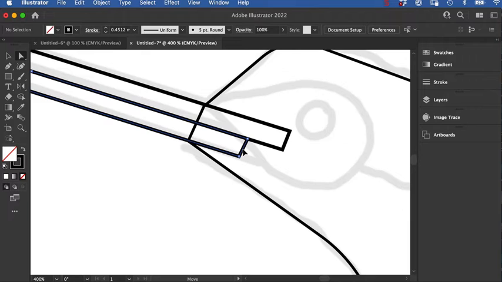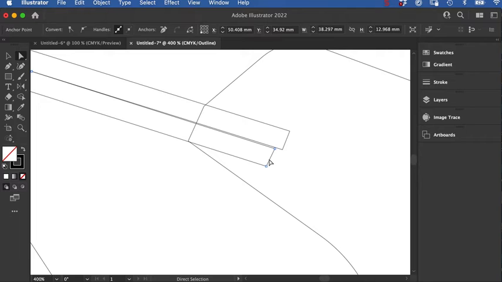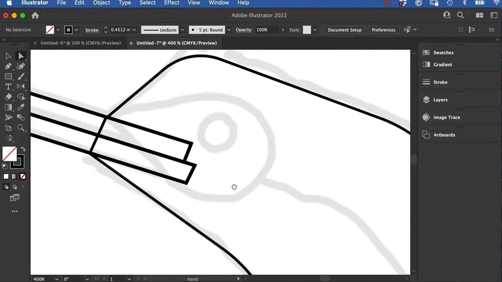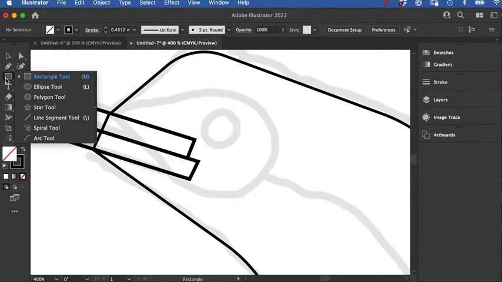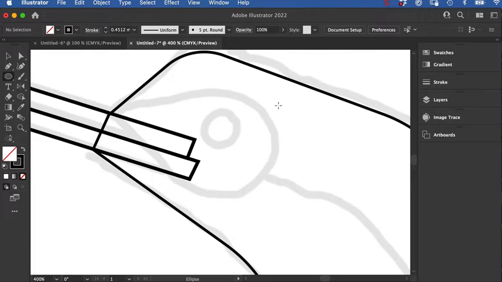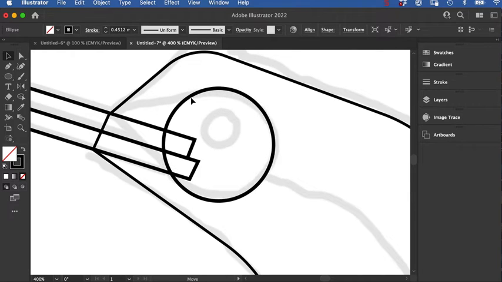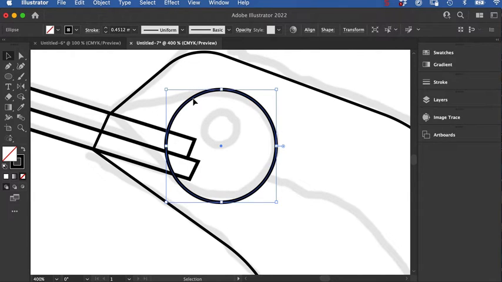next bit. This I'm just going to drag a little bit more so it crosses over. Just make sure it goes in the head of this piece here, and so I can continue on with the drawing. So in this case, what I'm going to do is grab a circle, hold the shift key, move it roughly into place,